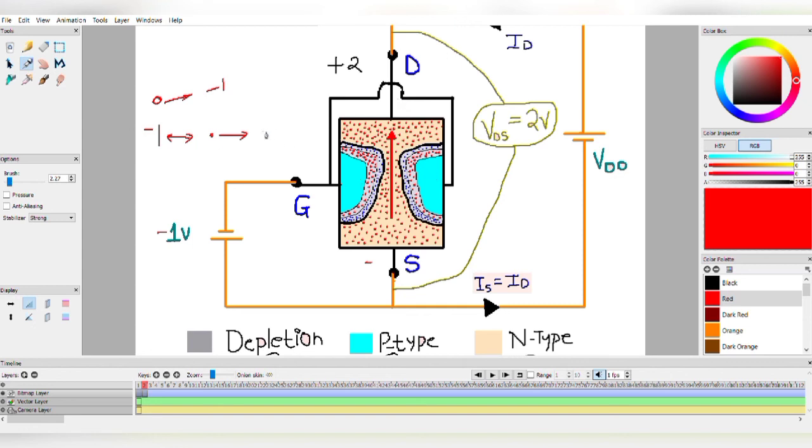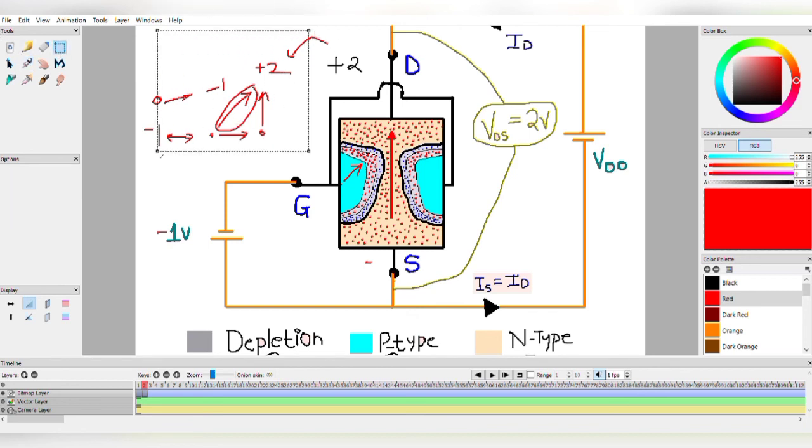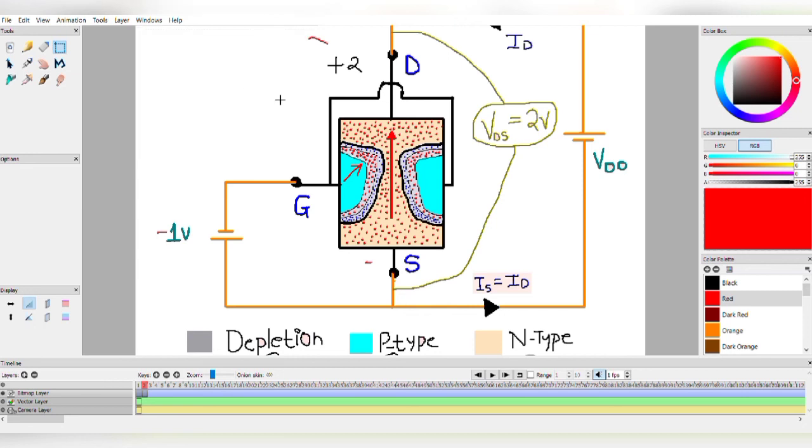Before forming the depletion layer, it is also coming under 2 volt of this depletion layer. See this one. Due to this, the electrons will move upwards, and according to vectors we are getting the resultant. So this is what we are getting. As you can see here clearly, we are getting the same thing. This is the resultant. This is what I wanted to tell you all. I hope now you have understood it clearly.